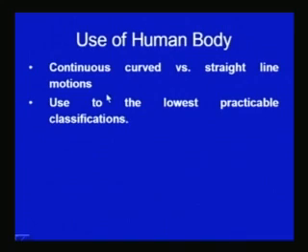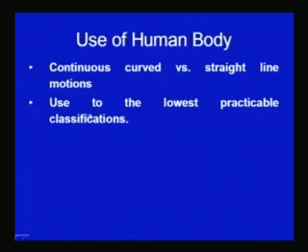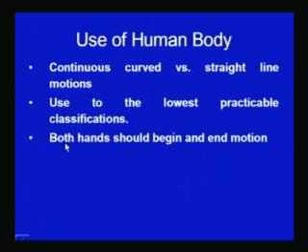The body parts like the finger, wrist and elbows have been classified according to the combination of their use, and this classification will be covered in the next slide. But here, as much as possible, the lowest classification of the body parts should be used first, so that the related fatigue can be reduced. The lower the classification of the body part, the minimum will be the fatigue experienced by the worker during the use. Both the hands should begin and end their motions